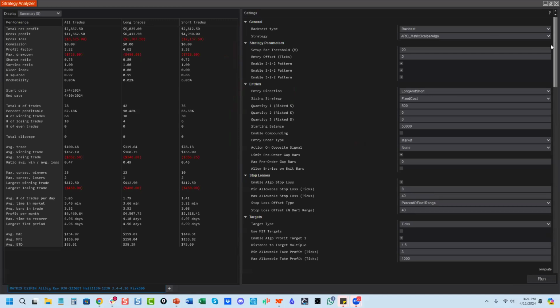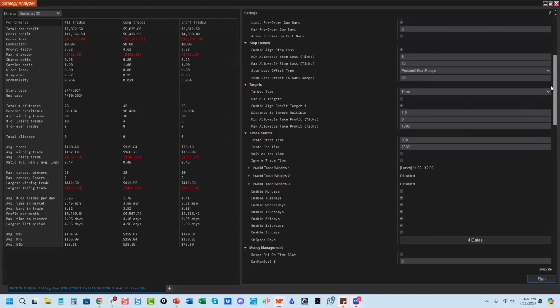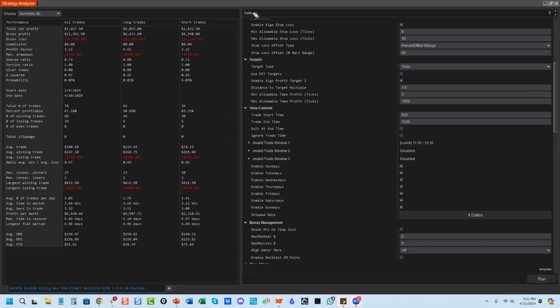And then you come in here, let's just go down. Then we've created a section for targets. We have the ability to create multiple exit strategies: scaling out of targets, algo targets, tick-based targets, volatility-based targets, all in, all out, trailing stops. Then we created a time section where you can control the start time and the end times.